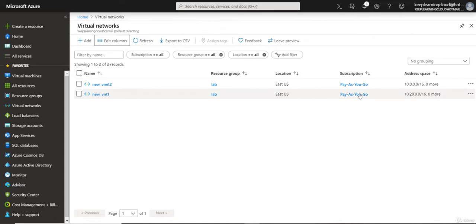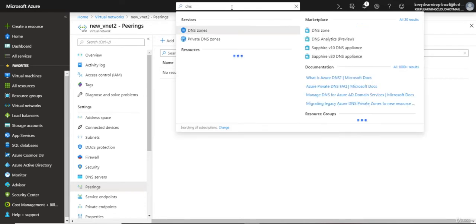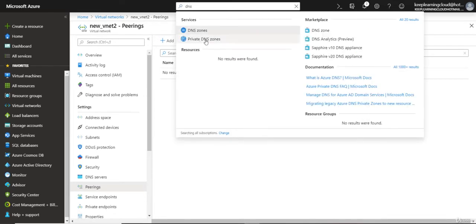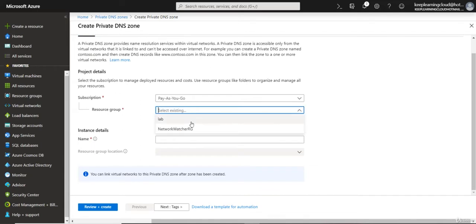Now I will launch another Azure portal and then search for DNS. One of the entries that you will see in the list is a private DNS zone. I'll click on that and then create a new private DNS zone. As always, we'll fill up this form, select the resource group, and then give it a name. Usually this will be your internal DNS, so I'll just call it as